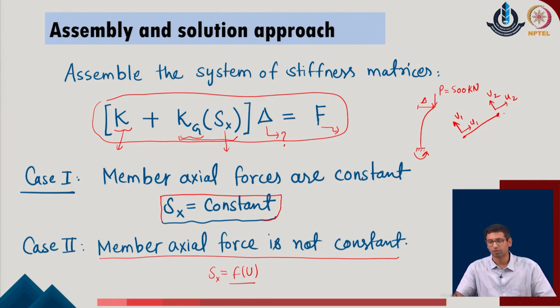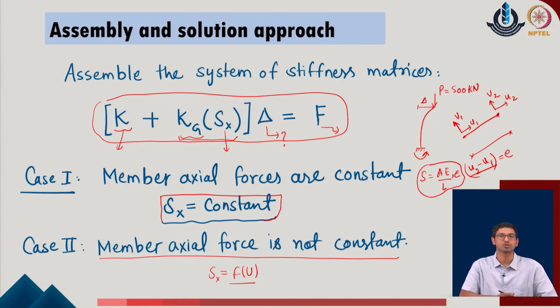So, accordingly I can calculate what will be the change in the length of the given member, which is u2 minus u1 in the given system, and according to this value of the deformation in the member length, I can calculate what will be the force in the given system. So, the force S will be equal to AE upon L, where the change in the length, which is u2 minus u1, is also defined. I will say that this value is e. So, AE upon L into e becomes the individual member force in the given system.